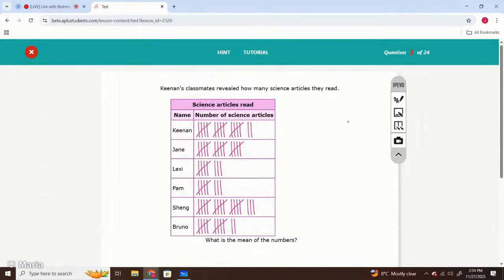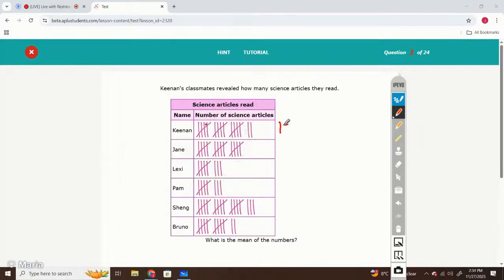Keenan's classmates revealed how many science articles they read. What is the mean of the numbers? We need to calculate the mean of the given data. So that is 5, 10, 15, 16, 17, 5, 10, and 15, 5,